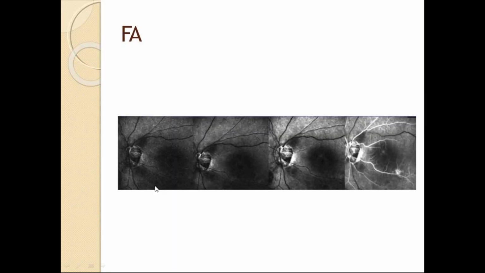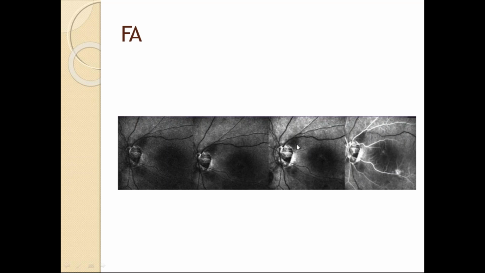Here you can see this is the first phase. Later you can see the dye is flowing like this in a few arteries only, few vessels only. These vessels you can see are still blackish in color. There is no flow in those vessels. But in these white vessels there is dye flow, while in these black vessels there is no flow of the dye. You can see there is a delay in the filling of the vessels.